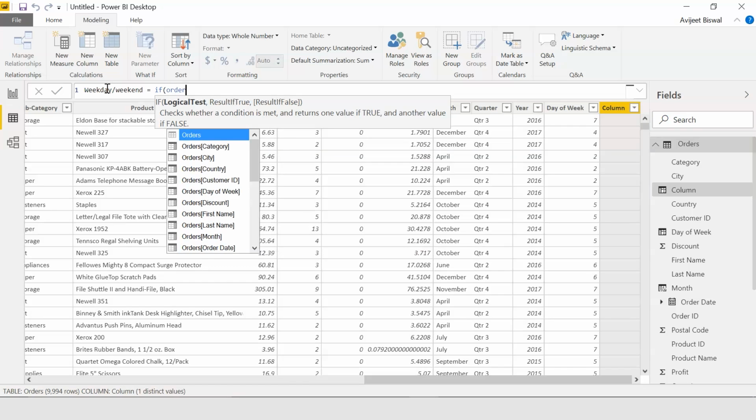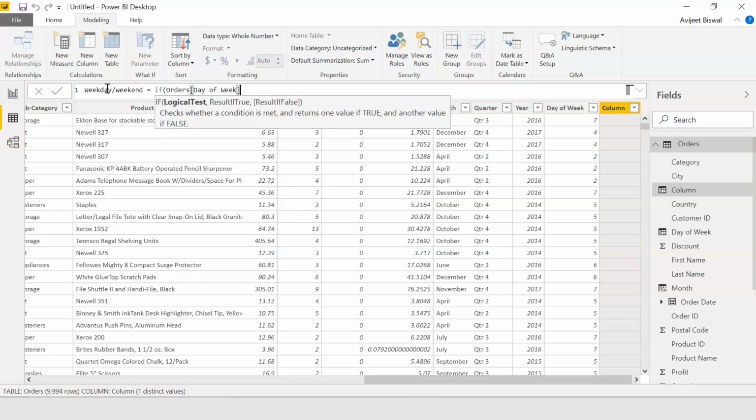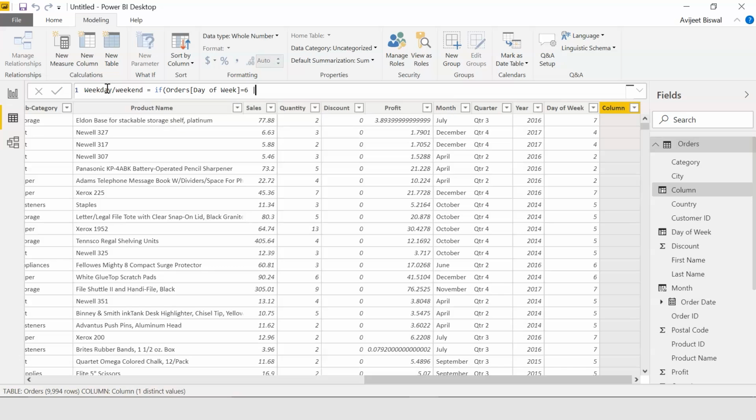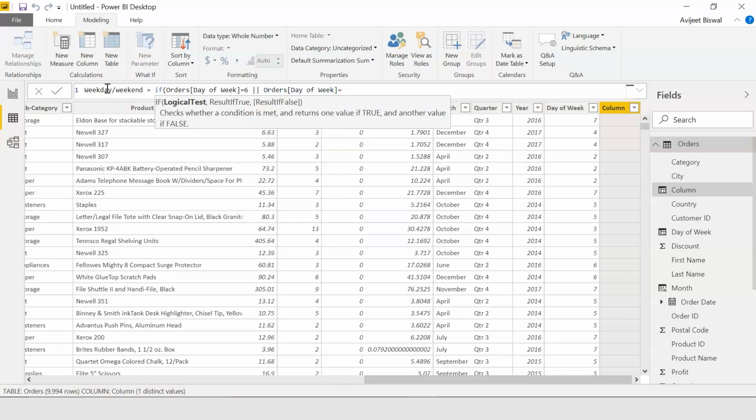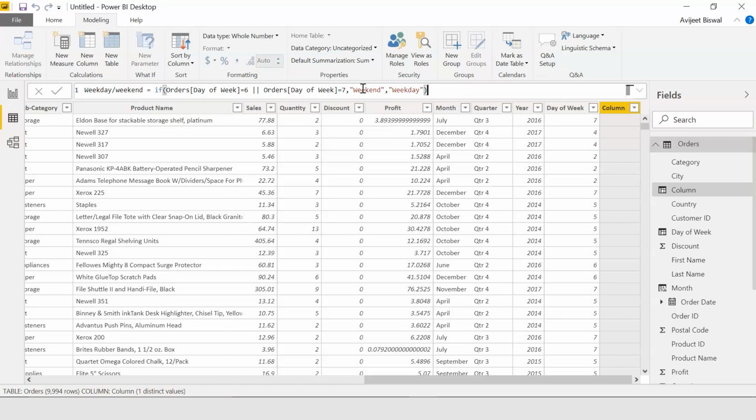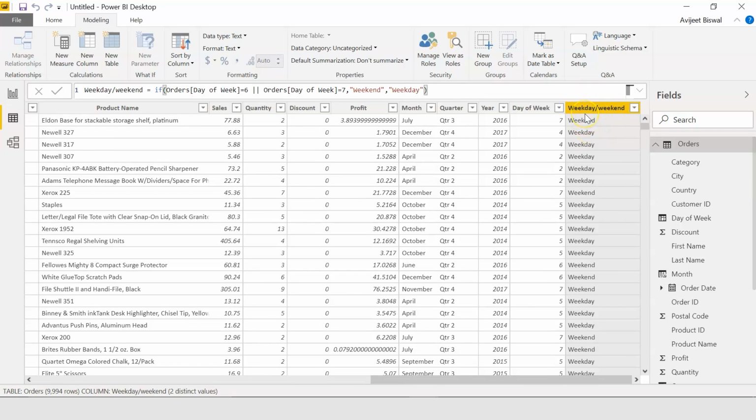So I'll search for orders and then look for day of week. If this day of the week is equal to 6, which means if it's a Saturday, or I'm using the or operator, if the day of week is a Sunday, that is 7, then it's a weekend, else it's a weekday. I'll close the bracket, hit enter. So you can see we have our weekday and weekend column.